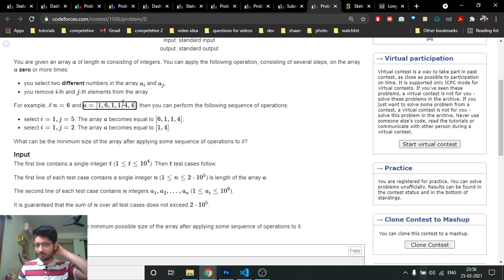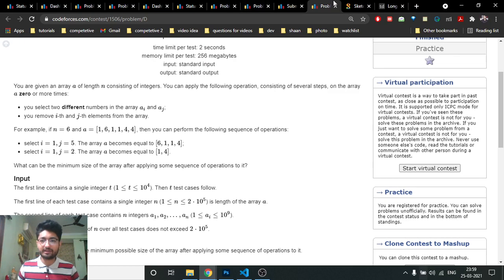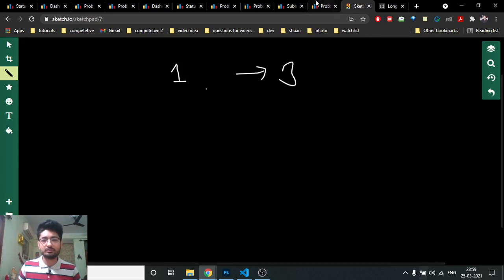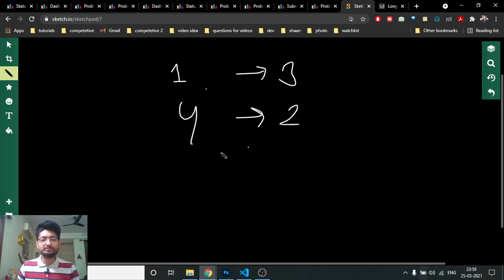That's the problem. Now you might be thinking that the constraints are too large, you obviously cannot do this in O of n square. But the simple thing which came to my mind at the start is that every 1 and every 6 or every 4 in this problem are the same, so why not bundle them up. So let's assume that ones are 3, fours are 2, and there is 1 six. These are the frequencies, and this is actually the number.